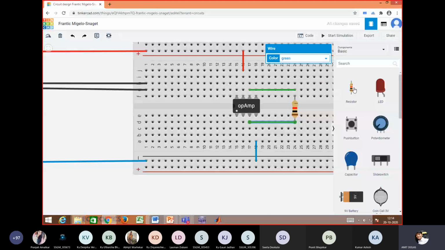Another resistance is between the output and the ground. So we'll connect it somewhere here. I'll rotate it first. So this is a ground terminal. I have directly kept it into the ground. One of the terminals is directly kept into the ground like this. And the other terminal is to be connected to the output. So this is the output line. So two resistances are connected in the feedback, that is between plus and the output and the ground.